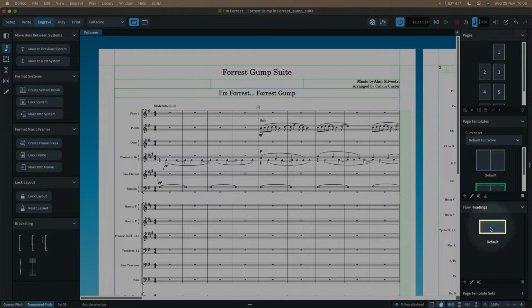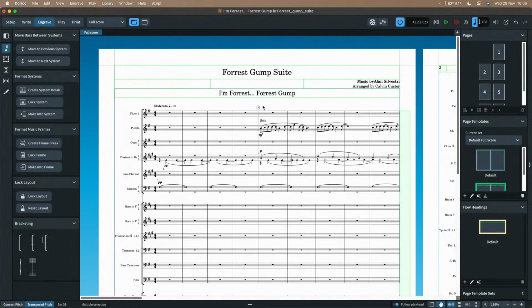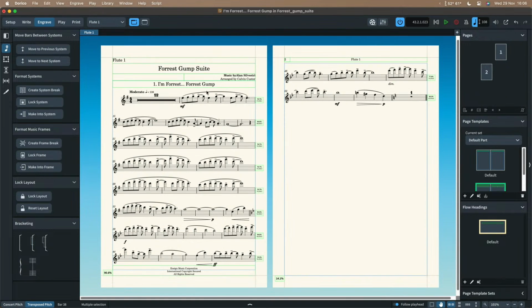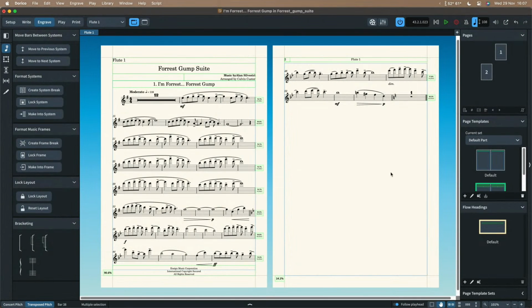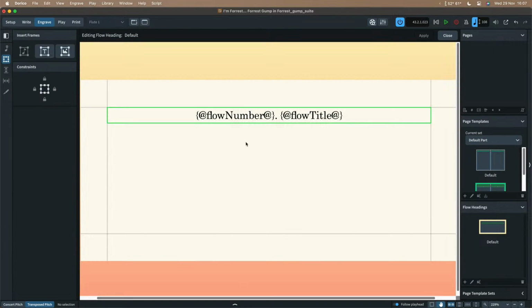Now this is the one that I've already edited so that it doesn't have the number on the beginning, and I'll show you how I did that in a part, because all of the parts still have this little number over here and we want to remove them from all of the parts. So to do that, in this particular case, I'm going to click on the flow headings over here,